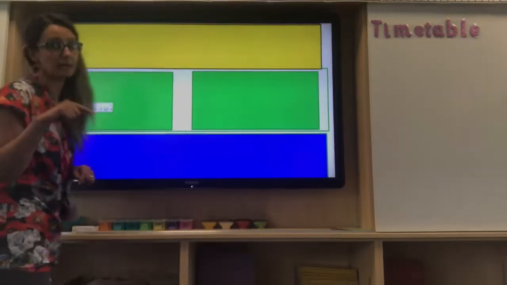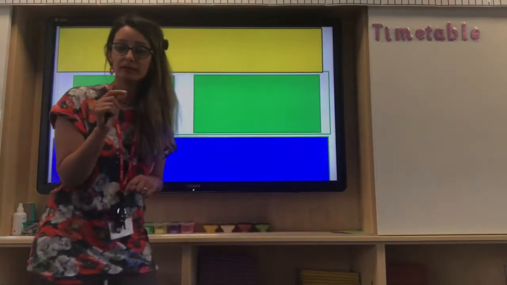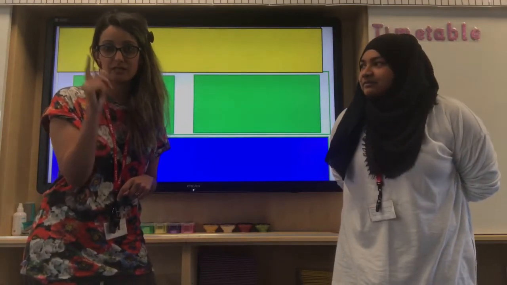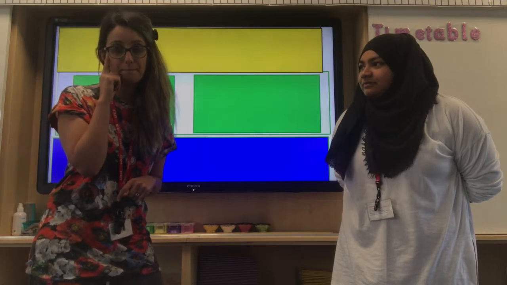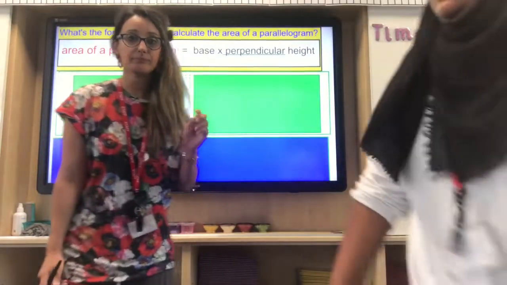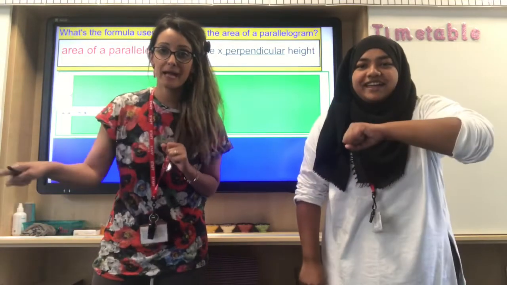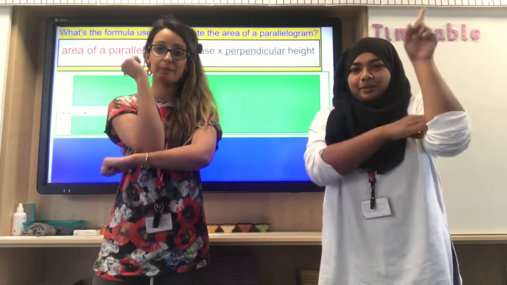Okay, so just recap here. Have a think. What was that formula for area of a rectangle and a square? Don't say it just yet. Just have a think and see if you can memorise that. Okay. So when we look at area of a parallelogram, we know that it is base times perpendicular